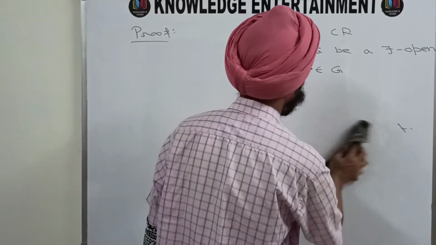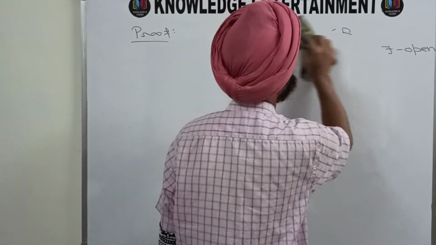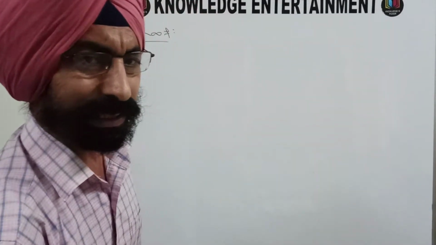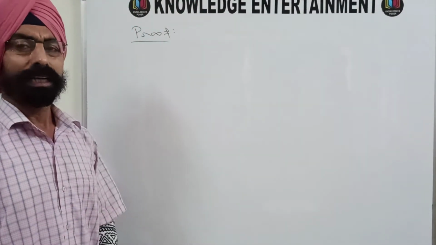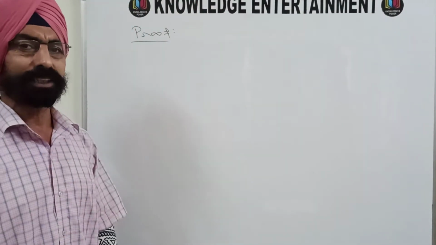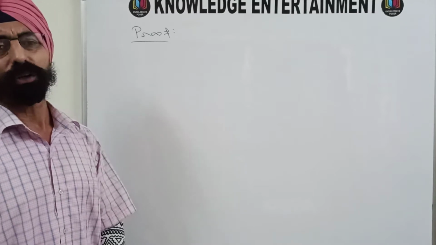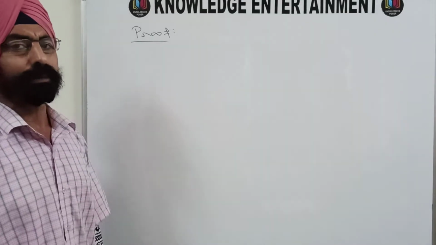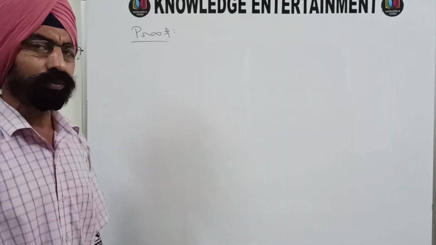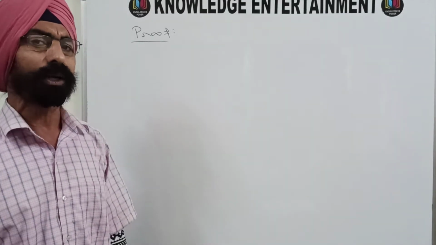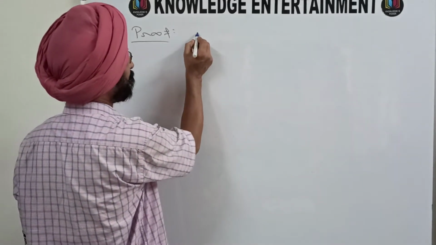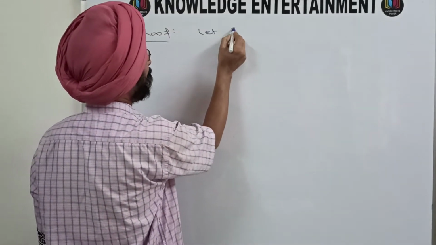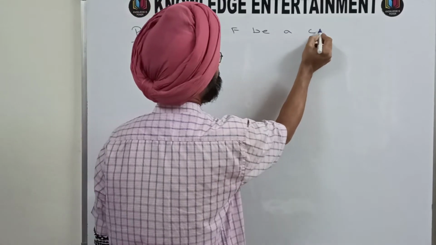Let the given condition hold. That means for every open set G containing x, there exists a continuous map f such that f of x is 0 and f of every point of the open set is 1. So we have to prove that the space is completely regular. Since we have to prove that, from where do we have to start? We have to start by taking let F be a closed set